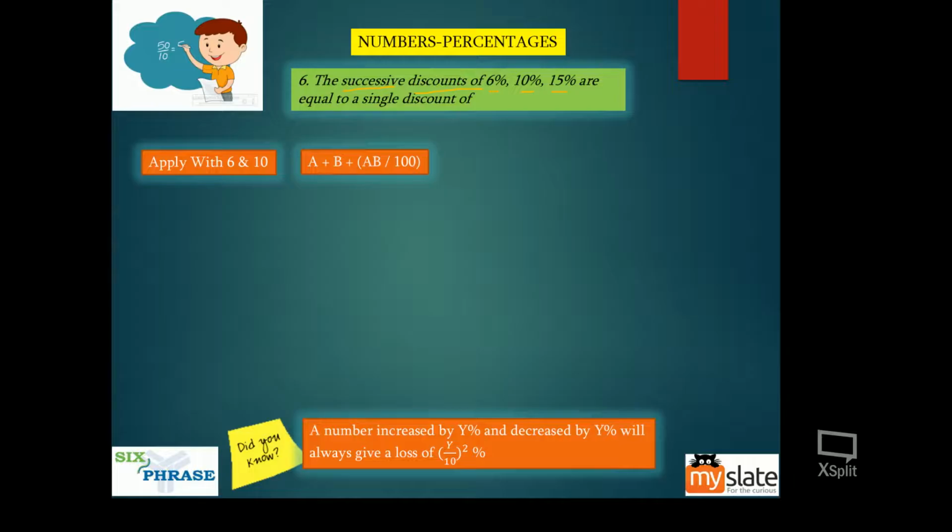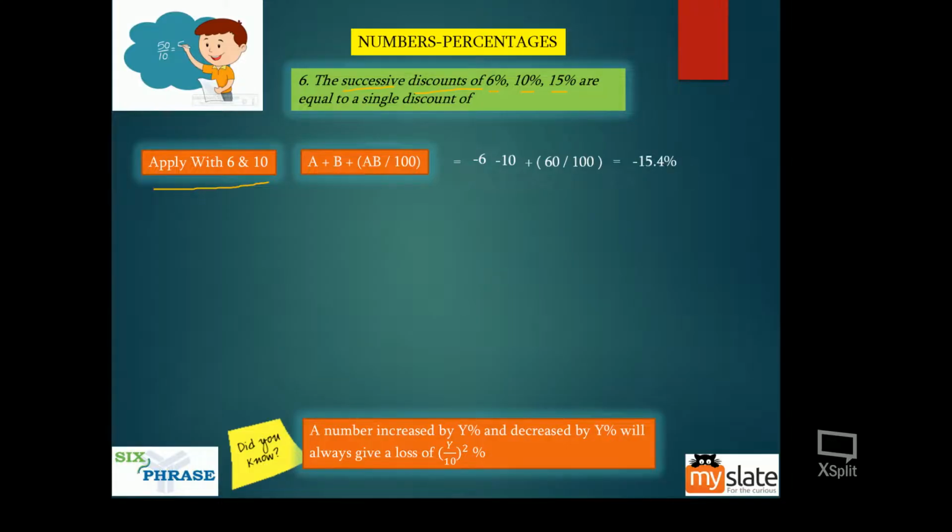To find the answer, guys, usually we take two numbers. Here we will take 6 and 10, or 10 and 15, or something like that. But here we have 3. How do we do 3? Apply the successive formula with just two numbers, with 6 and 10, and see what you get. It will be minus 6 because it is a decrease. Again, minus 10 because it is a decrease. Minus into minus will be plus. Finally, you get minus 15.4.